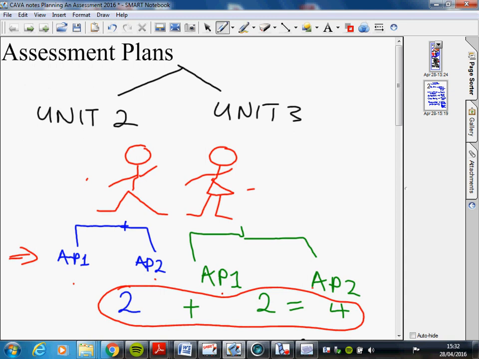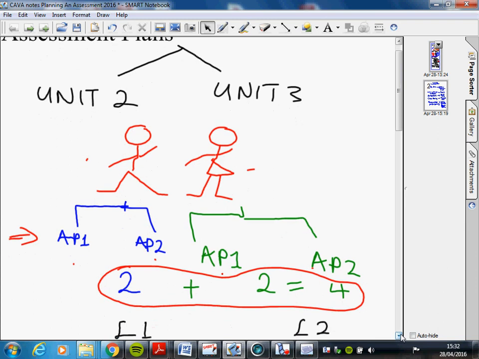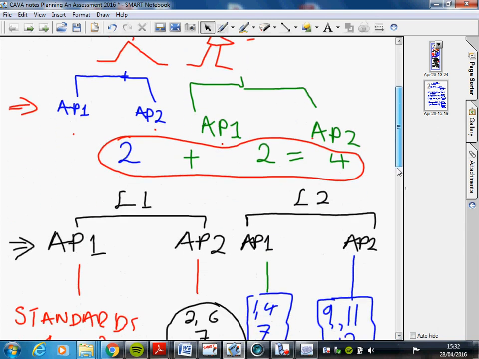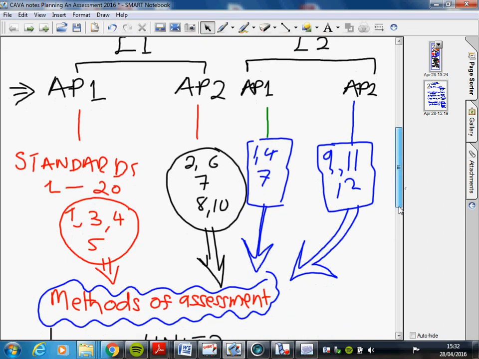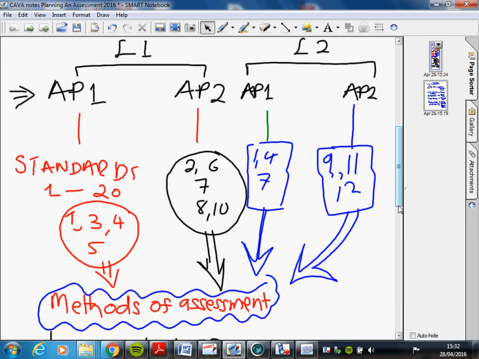Okay, that is our agreement. And then we also said we can actually have a bit more detail in terms of what we produce. At the assessment plan, which is right here,